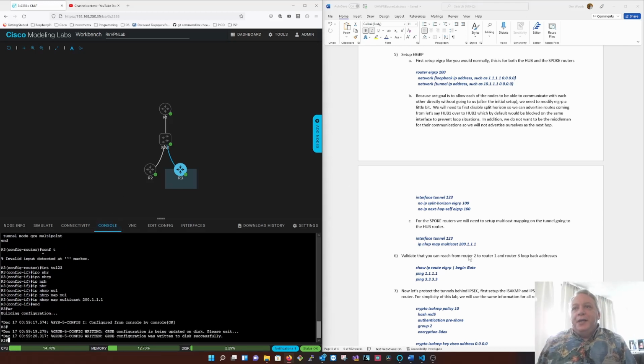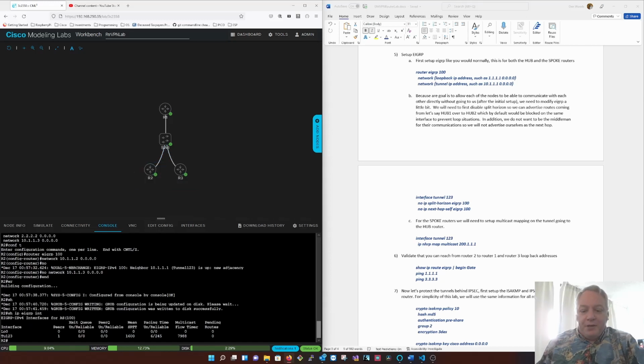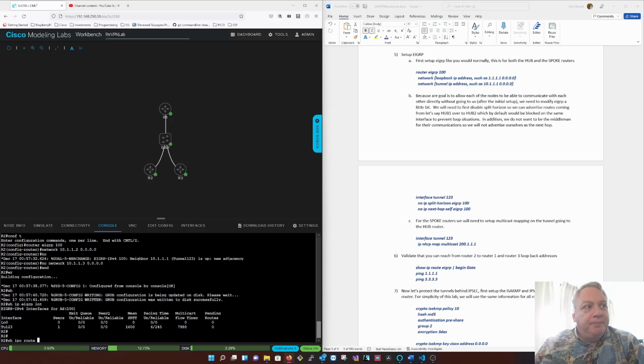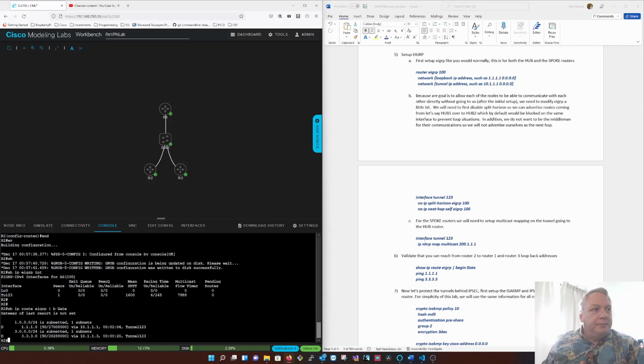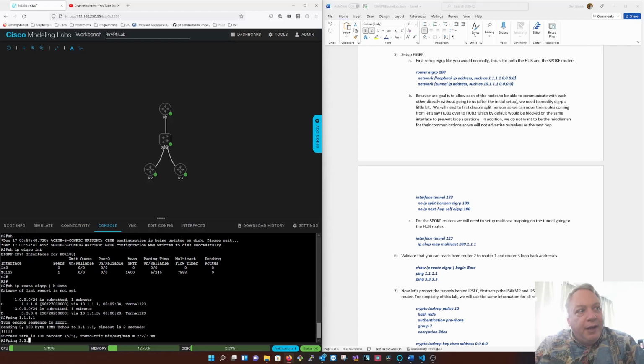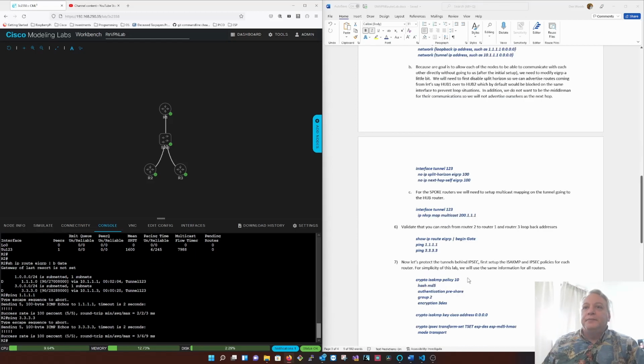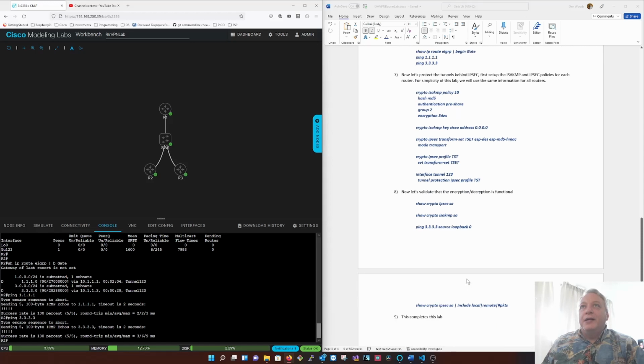So now, as you can see, the best test seems to be from router 2. So if we look at the route table, and we only want to look at the EIGRP, we're on router 2, so the advertising of 111 and 333 is what we're looking for, and you can see it there. And we can ping. Okay, now that we know that's working,